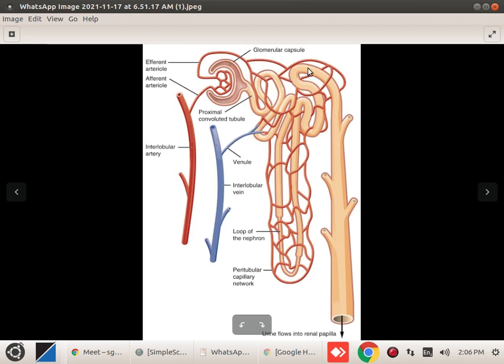So what happened in the DCT? In the distal convoluted tubule, the peritubular capillary which surrounds it takes back any waste coming through. They just ensure that no waste is coming, and that not too much of the water is reabsorbed. So tubular secretion mainly takes place in the DCT to ensure that any of the waste is not going back into the peritubular capillaries.